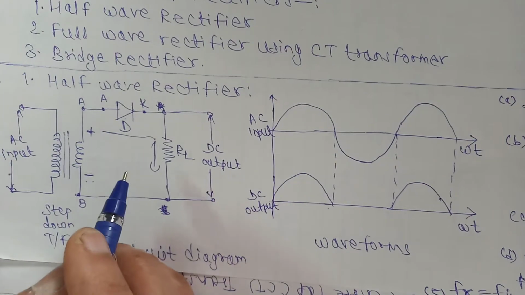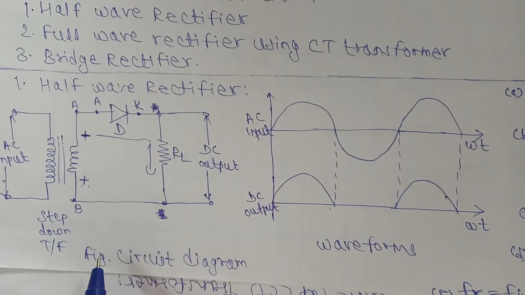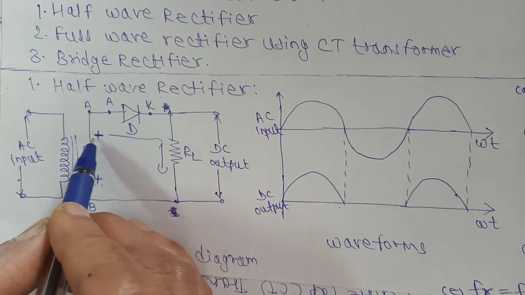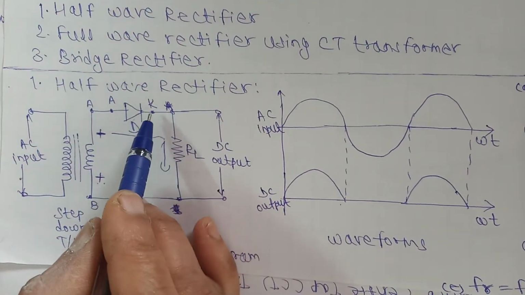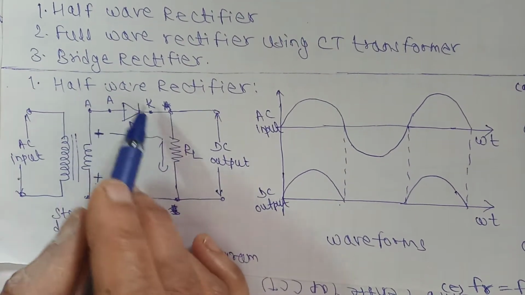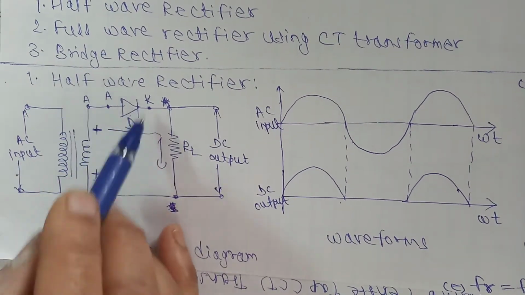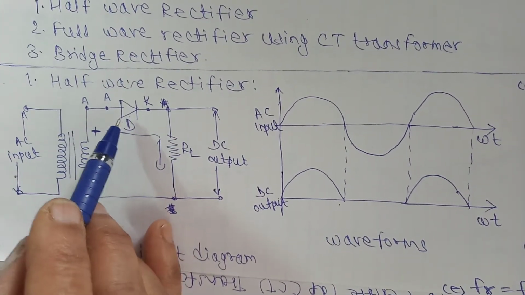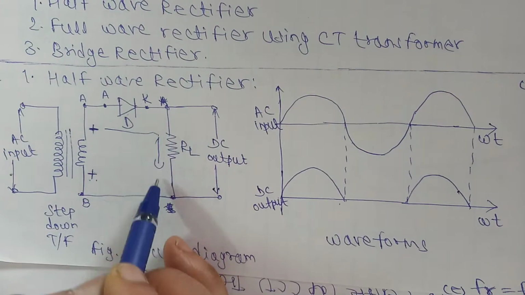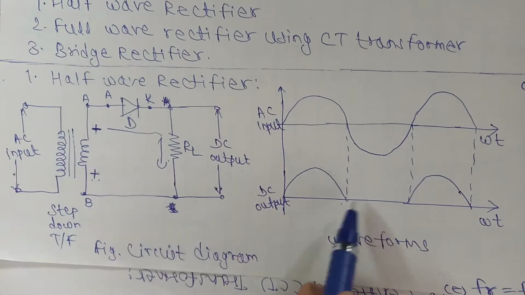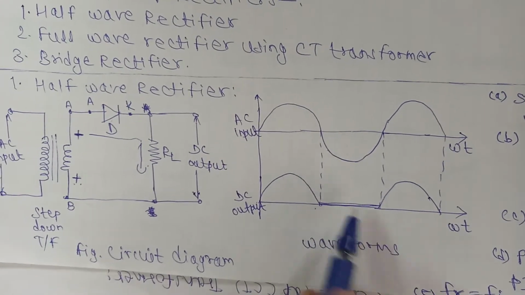See now the polarities are reversed. So you can see here this point is negative with respect to positive here. Now how is this connection? Negative is connected to the anode of the diode, whereas positive is connected through RL to the cathode of the diode. So what is the condition of the diode now? It is reverse biased. And all of you again know that the diode does not conduct during the reverse bias condition. Only a very small leakage current flows. So no current flows through RL and we are not getting any DC output voltage. Here it shows the zero output voltage during the negative half cycle.